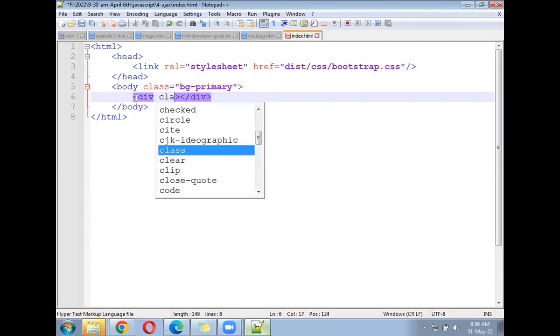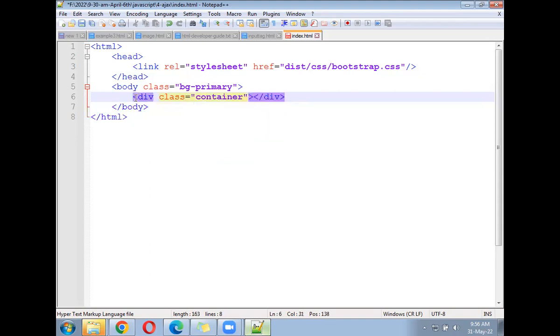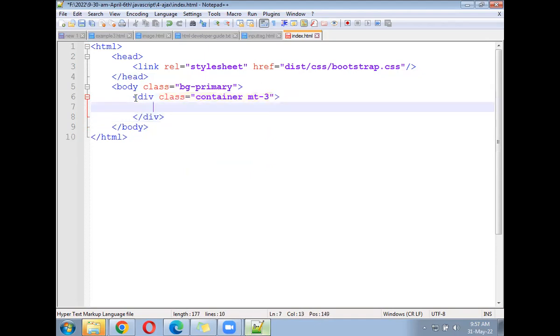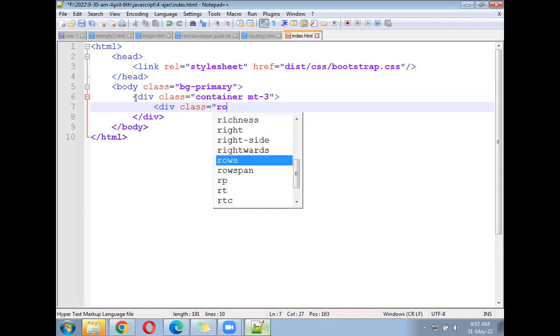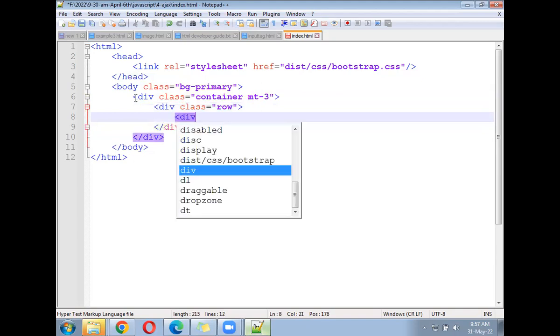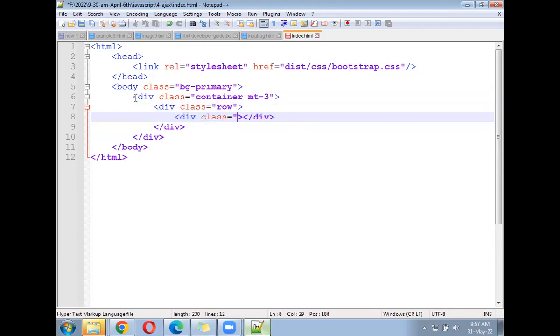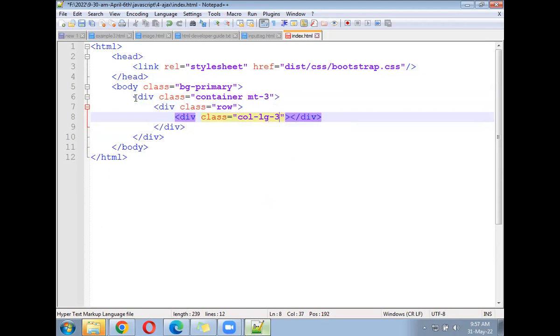Class equal to container. You can use a row, class row. Okay. Then col-lg-3. Inside the 3 we can write